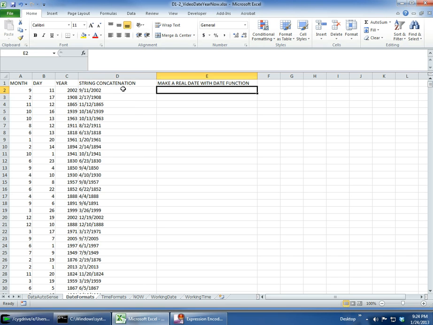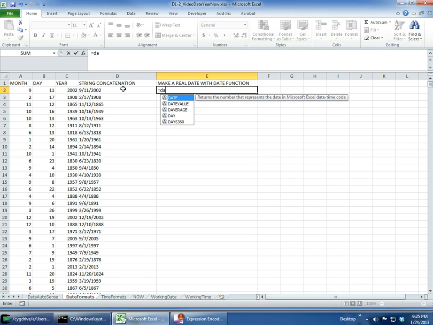Let's say you want a real date. So this isn't really a real date from Excel's model point of view because Excel thinks it's text. It's ignoring it. But if you want Excel to know that that's a date, you can use the date function. The date function is really simple. It's got 3 arguments: year, month, and day. So I just take my year, comma, I take my month, comma, I take my day, and now I've got